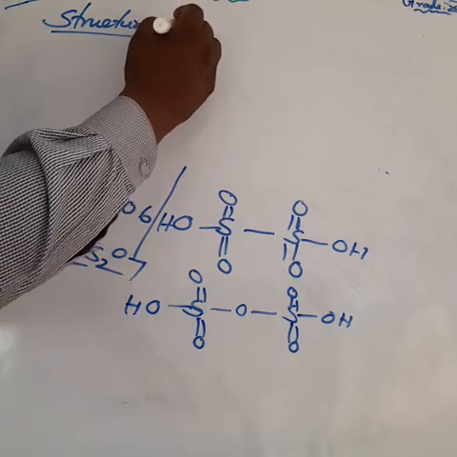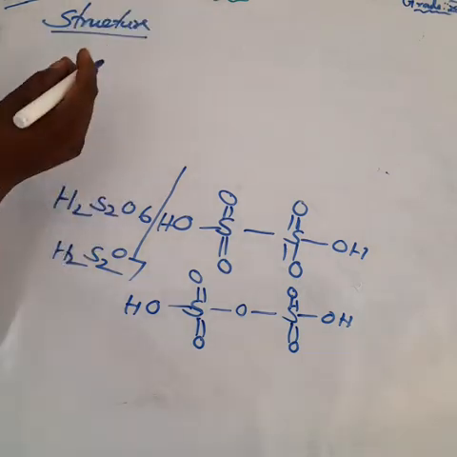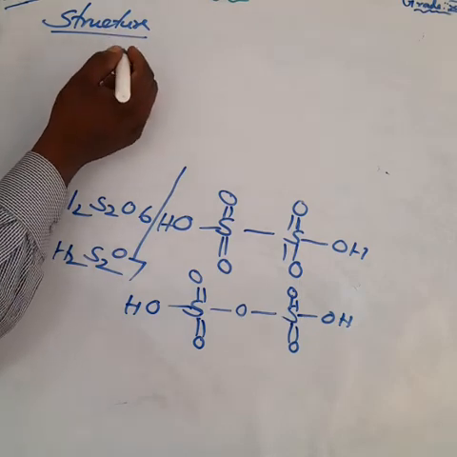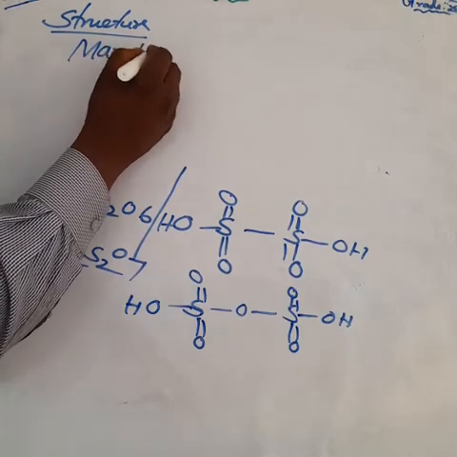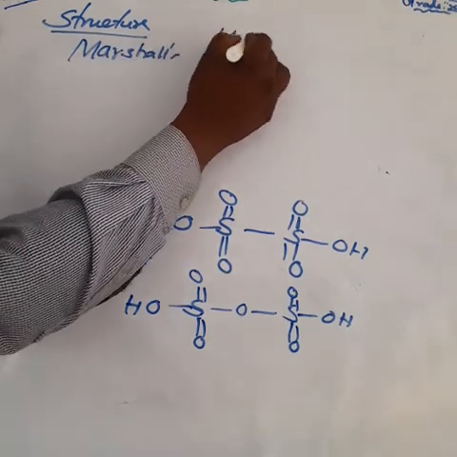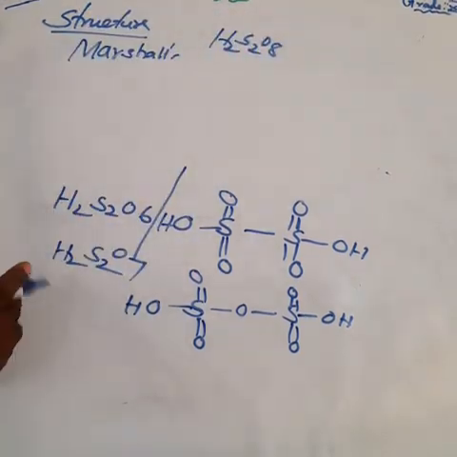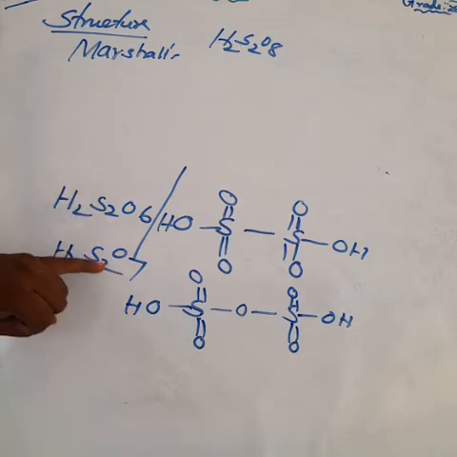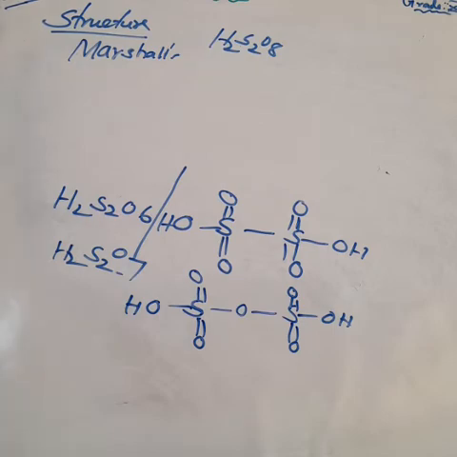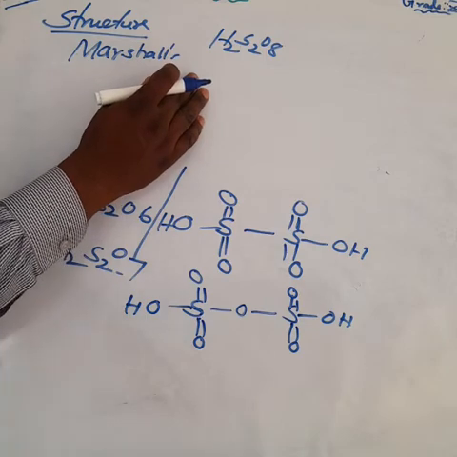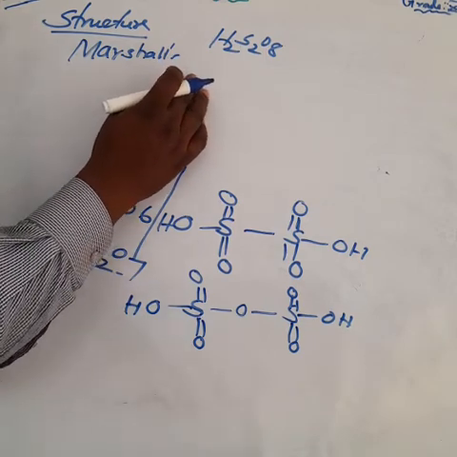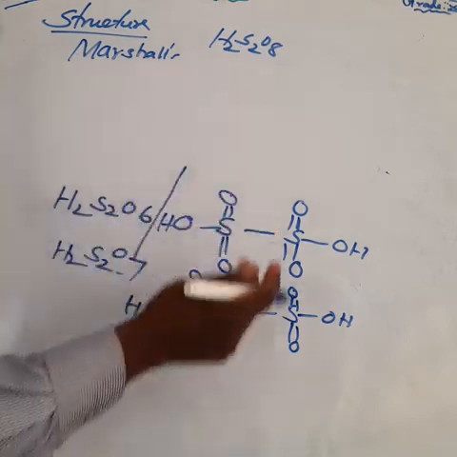One of the very important questions. Peroxydisulfuric acid, otherwise called Marshall acid. What is the formula? H2S2O8. What is the formula of disulfuric acid? H2S2O7. Again I am adding one more oxygen, H2S2O8. Marshall acid. Am I right? So how much oxygen is there? 8 oxygen. So in between sulfur we have to add 2 oxygen atoms.